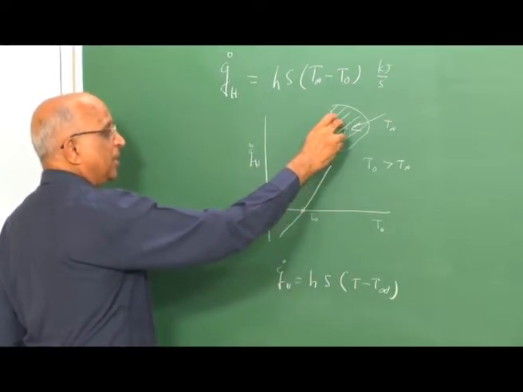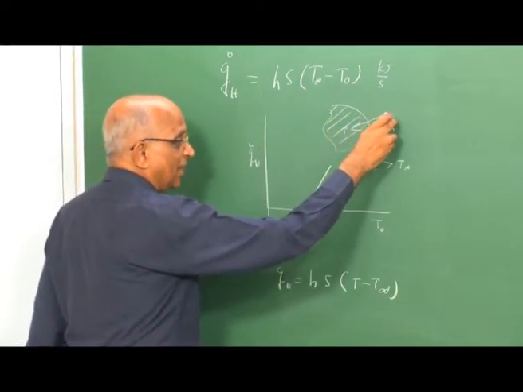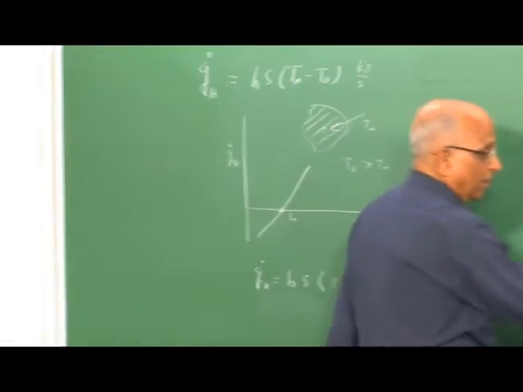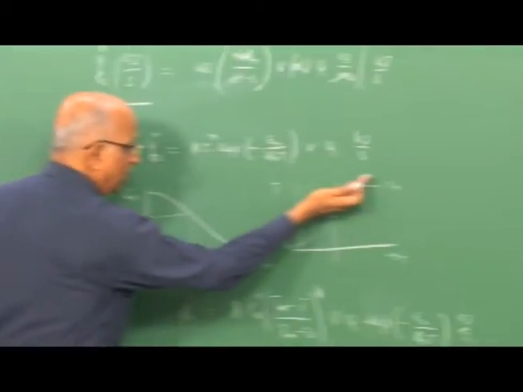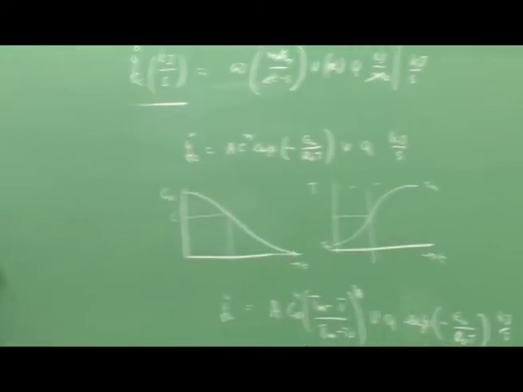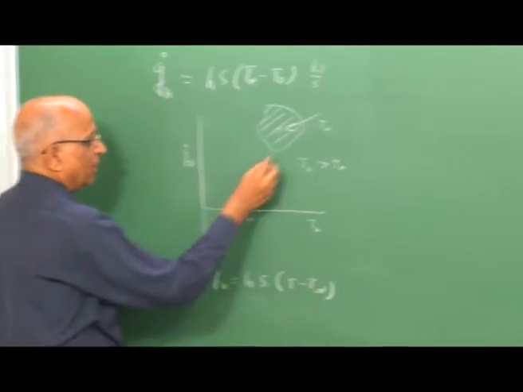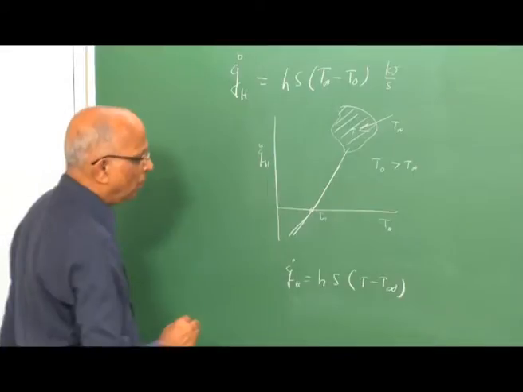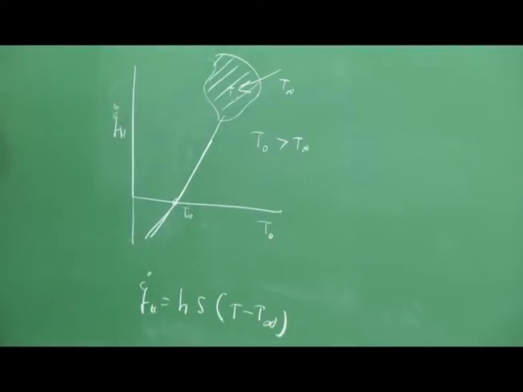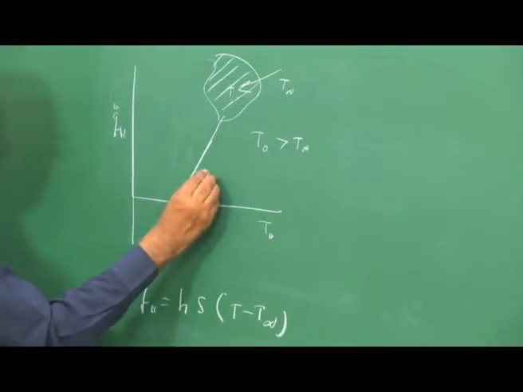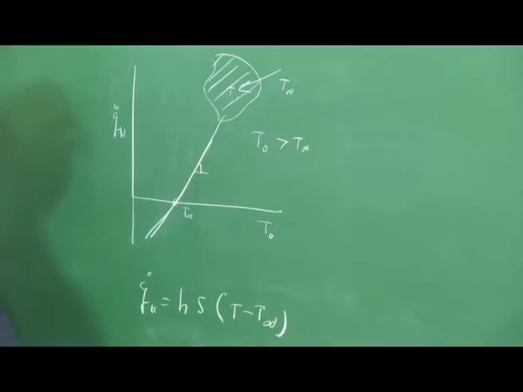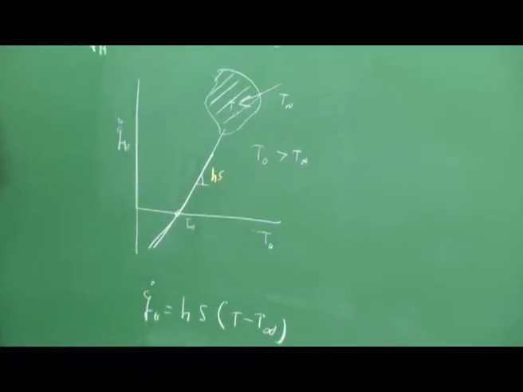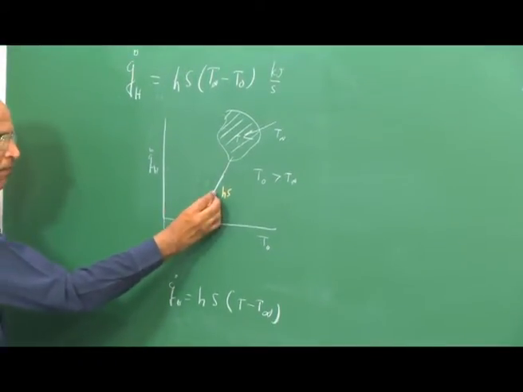Maybe the temperature keeps increasing, and as temperature keeps increasing, the heat transfer increases, just like we had the figure of, due to chemical reactions, the temperature is increasing. As the temperature increases in this particular volume, the heat transfer increases, and therefore, the heat transfer is given by this particular curve over here, which we see is linear from this particular relation. And the slope here is given by the product of H into S, the slope of this particular line.